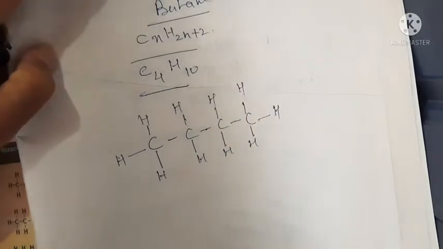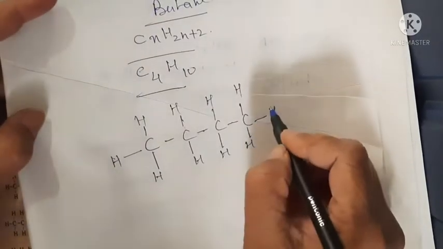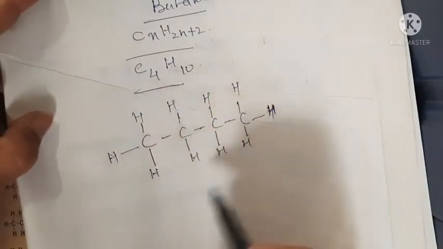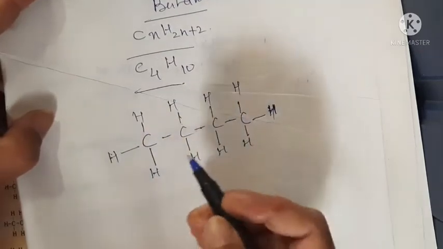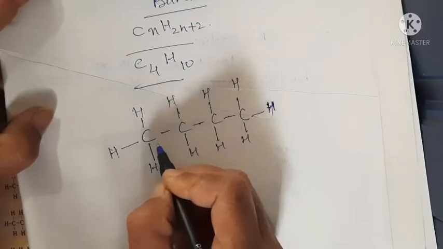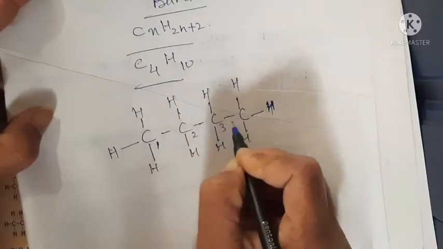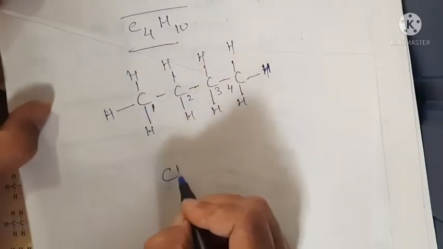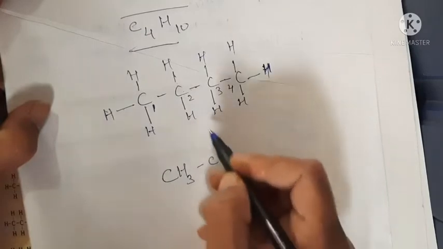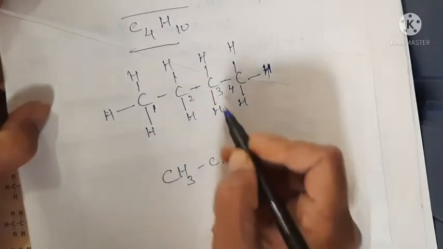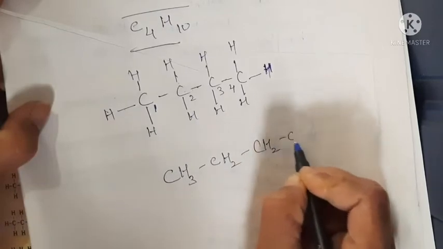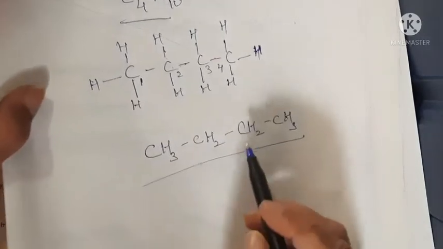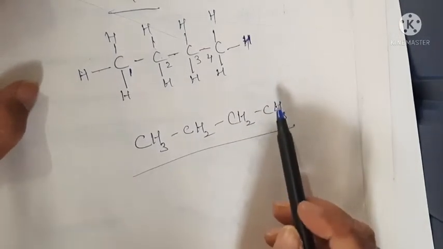Though it is not in your syllabus, we don't know if such structures may come, and if by chance they do, you should be able to write the answer. So we also write it in this way, and here there is another way. Now if we count the carbon atoms, 1, 2, 3, 4. If this is carbon atom 1, how many hydrogens are attached? 1, 2, 3, so it is CH3. This is carbon atom 2, how many hydrogens are attached? 2. Carbon atom 3, 2 hydrogens, and carbon atom 4, 1, 2, 3, so CH3. Understood? So this is also one way of writing the formula.